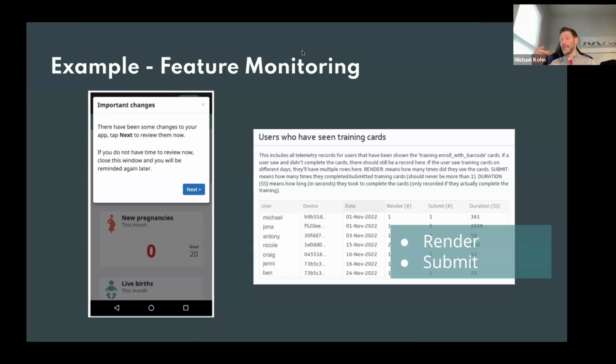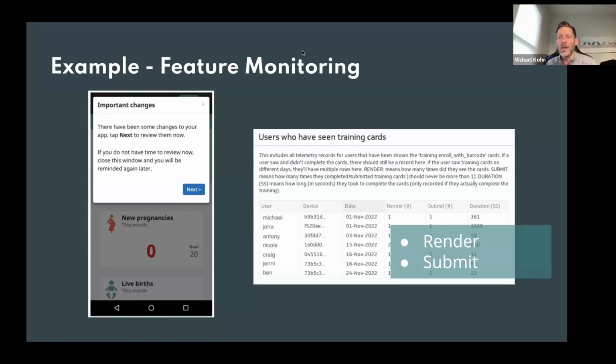More on the low end than the high end, because we know that things can happen while you have the app in front of you. Somebody might come up and start talking or whatever. But one of the things that we wanted to see was, for example, if they completed 3 or 4 pages of training cards in 2 seconds, then it's pretty likely they were just skipping through the training cards and not